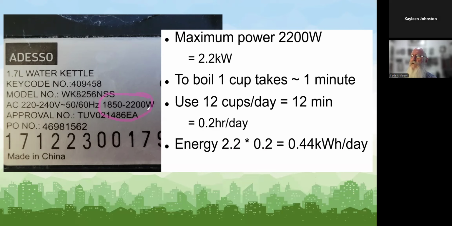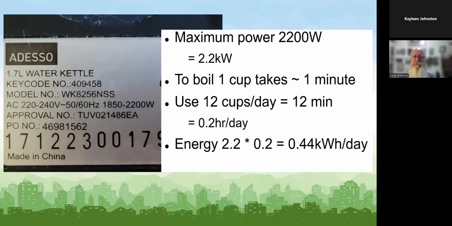We can boil 1 cup of water in about a minute. It really depends on how cold it is when you're boiling it, that is, the whole kettle needs to heat up to that temperature. But typically, if you're running it many times during a day, then 12 cups of water will take 12 minutes or 0.2 hours, and therefore that'll be 0.4 kilowatt hours a day for a kettle. Some people more, some people less, but it's certainly something we can take on board as an indication of power. The most complicated one I want to give you now, and this might lose a few people, but I'll try and go slowly,